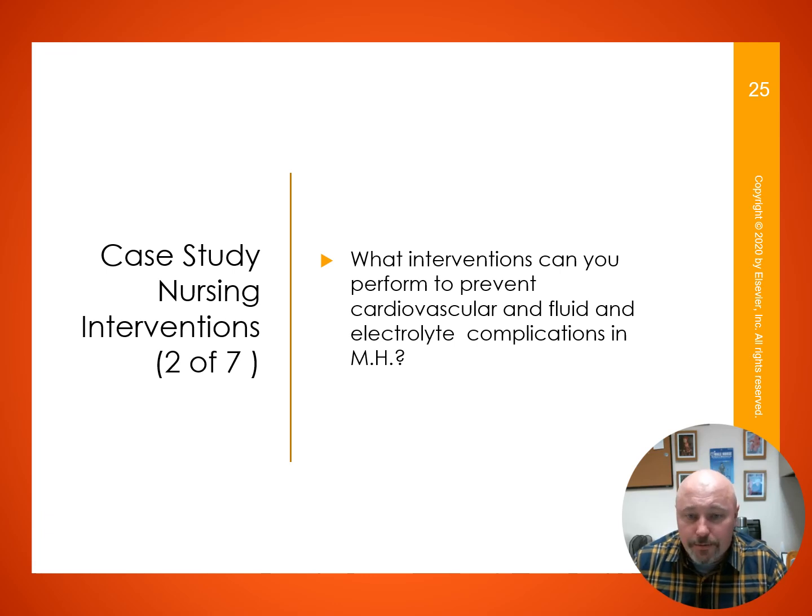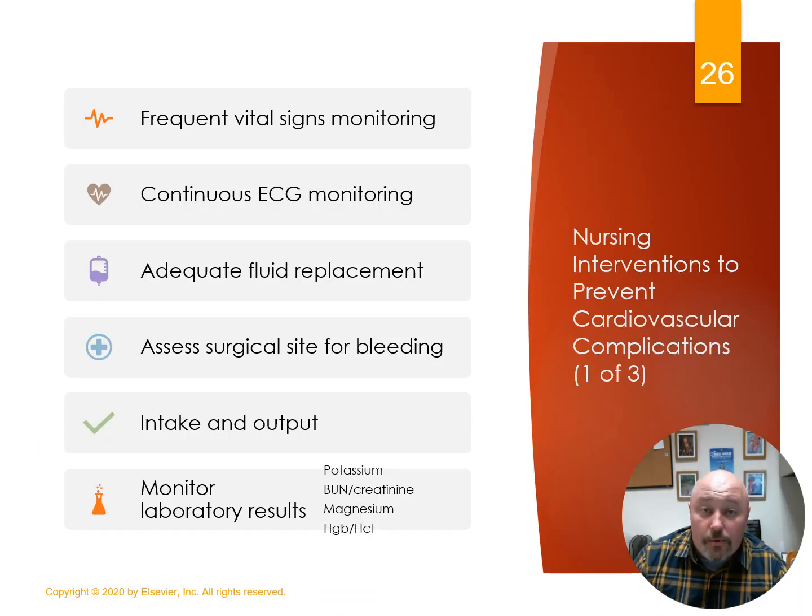What interventions can you perform to prevent cardiovascular and fluid electrolyte complications within this patient? Within phase 1, vital signs are monitored every 15 minutes and need to be compared with the preoperative and intraoperative to determine if signs are returning to baseline. Notify the provider if any of the following occurs, such as a systolic less than 90 or greater than 160,